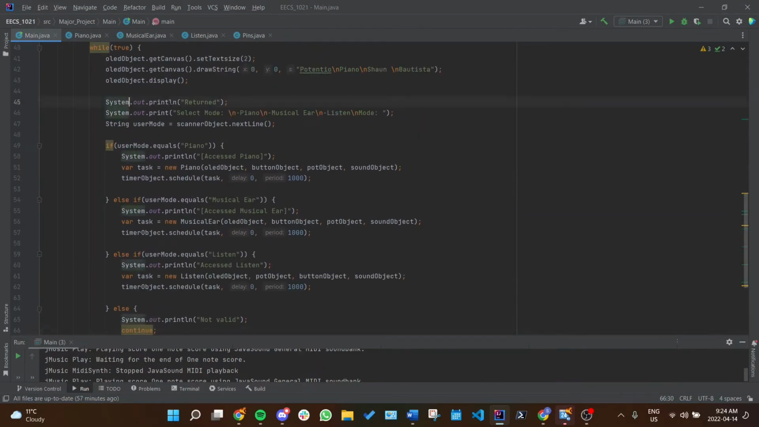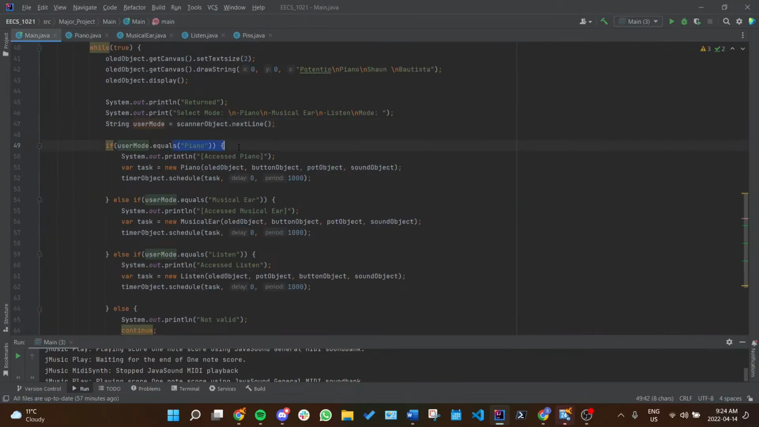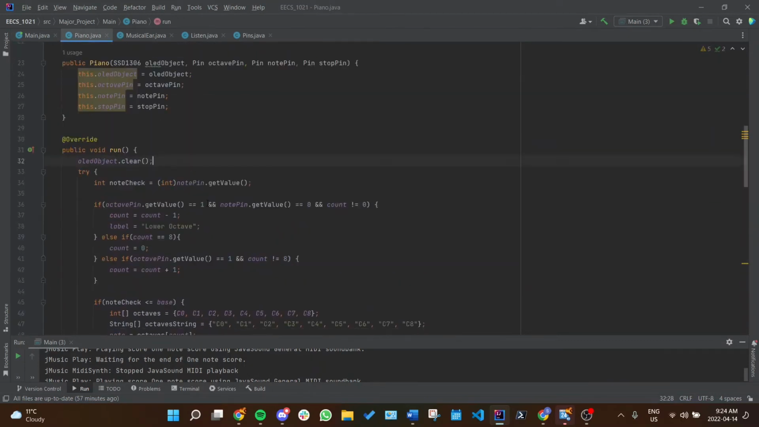And if the user types piano, it takes them to this piano. Well, first piano string access piano, and then I created a task variable. It has 4 input arguments, and there's a timer object schedule, which would run the program. So in this piano file,